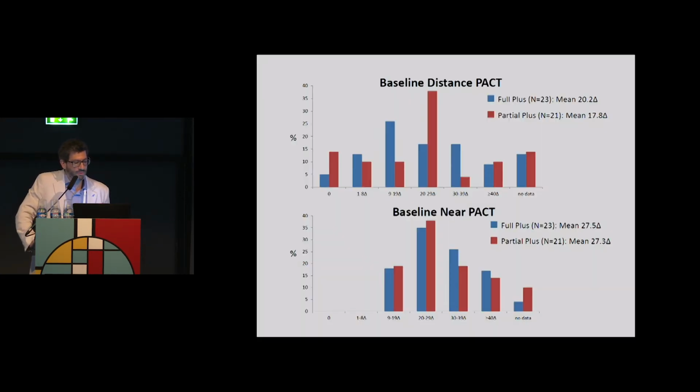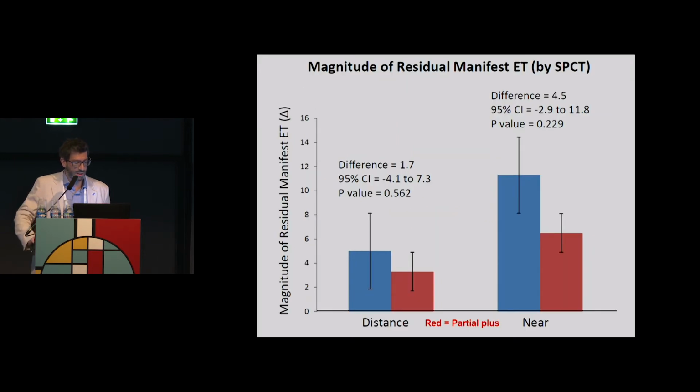Again, at baseline, the baseline esotropia at distance and near was roughly the same between the two groups. Obviously, there was a greater deviation at near for patients, reflecting their increased accommodative convergence at this testing angle. The results: the residual esotropia, again, was greater at near than distance, but we had a significant reduction in esotropia